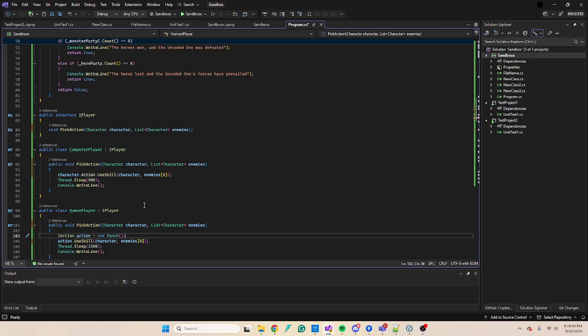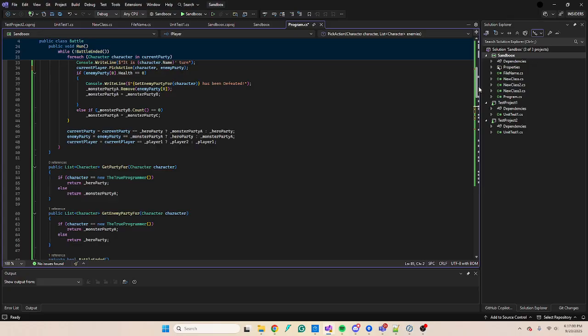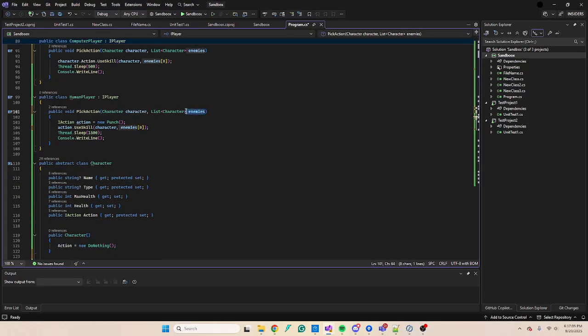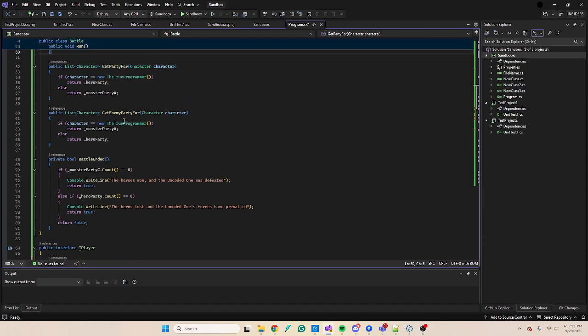I think that's a good step. That's a good step in the right direction. So now theoretically we've given things the ability to decide that stuff, and in this context where we've just handed off the list of enemies, it probably matters less to have these methods up here that we're get enemy party